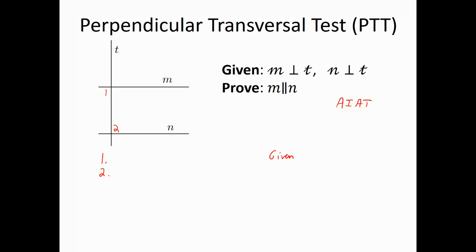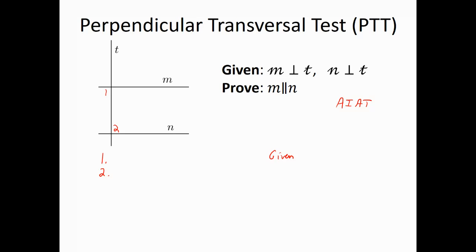What do we know? Well, you might think that you would apply the definition of perpendicular here. You don't. The definition of perpendicular simply says that perpendicular lines form a right angle. We don't know which one of the 4 angles it would be. So we don't know, just by definition of perpendicular, that 1 is a right angle. We don't know that 2 is a right angle. However, we do know by the perpendicular